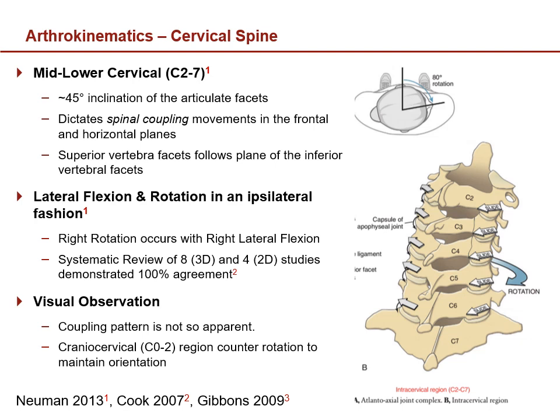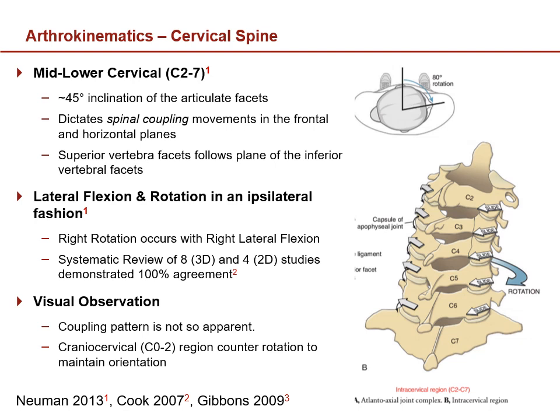So if we focus our attention on the right facets of C4 and C3, the angulation of C4's facets will dictate how the C3 facet moves along that plane. That's essentially what the bullet point there is describing. So the motion will be determined by the inferior facet